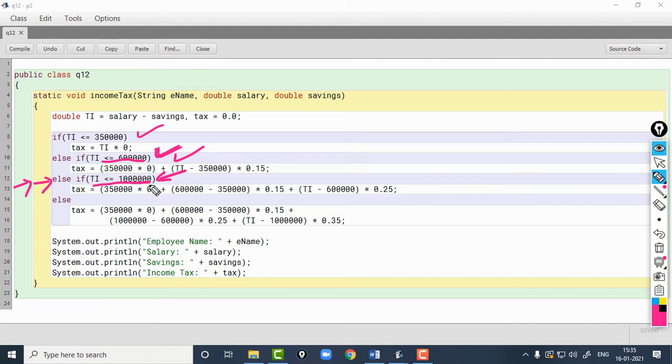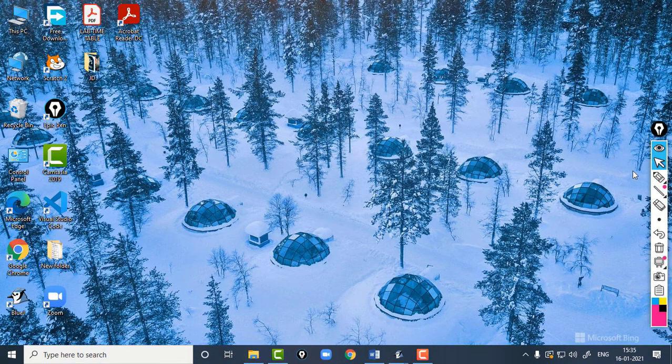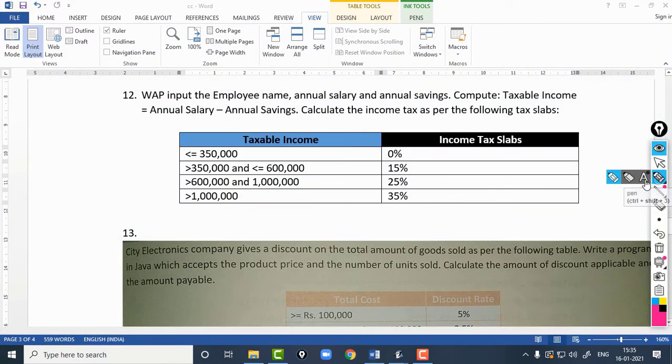If that is the case, I will calculate the tax. At the present moment we are looking at this slab, which means we have to add the first slab, second slab and the current slab. The first slab will be 3,50,000 into 0.